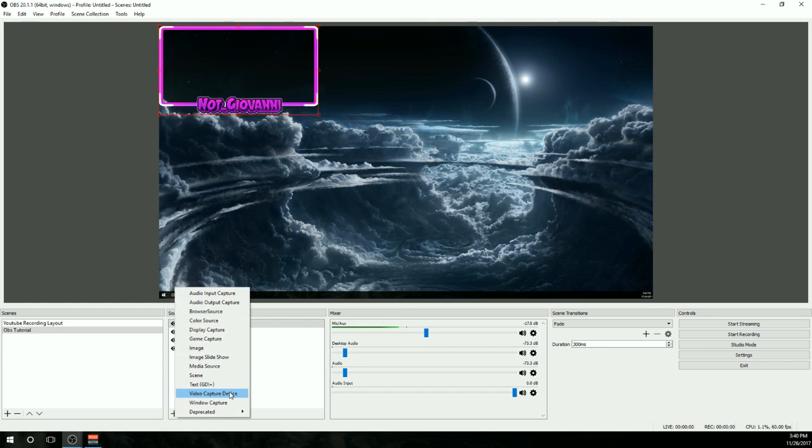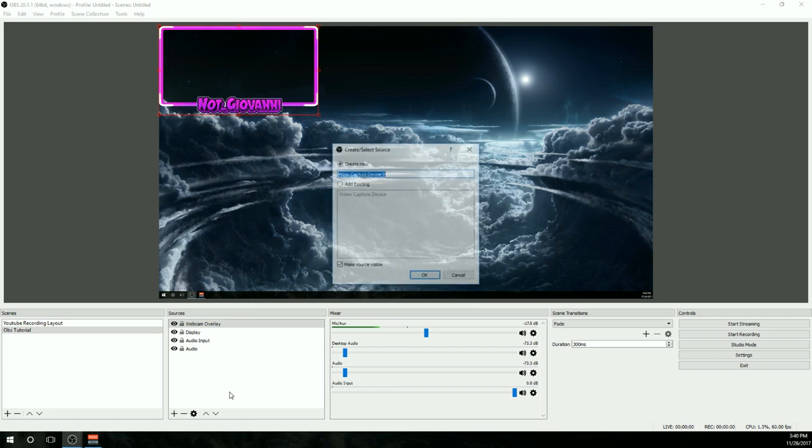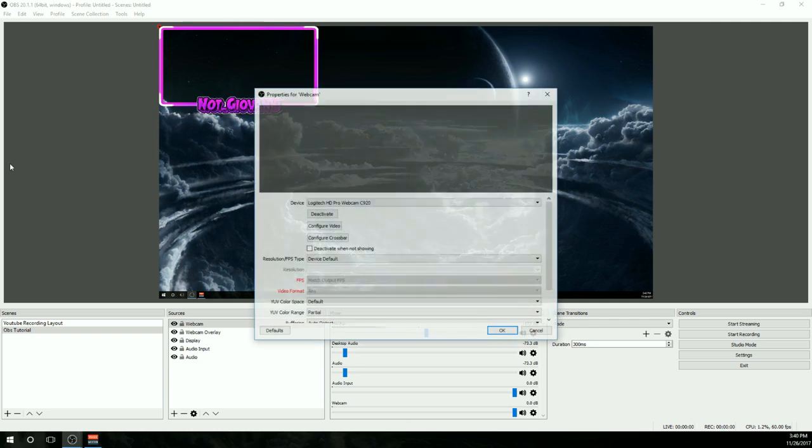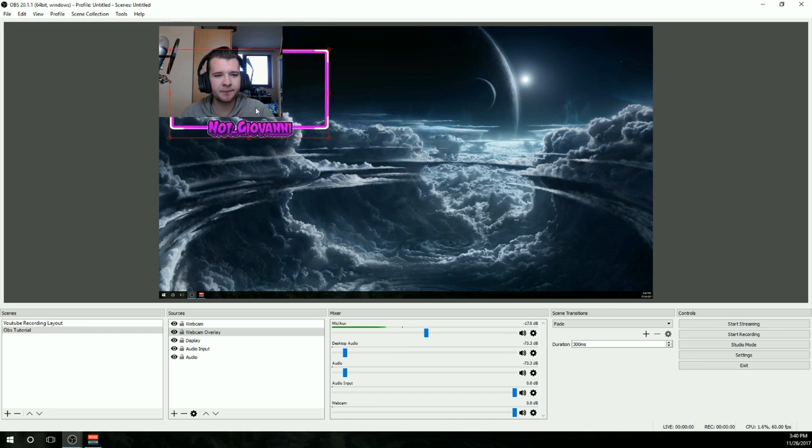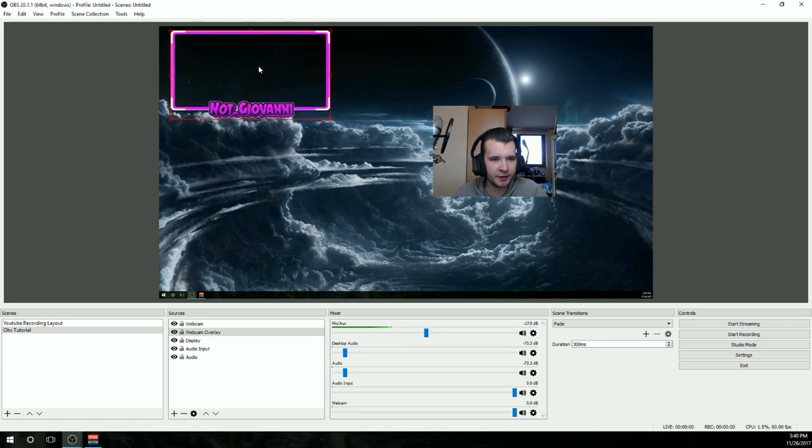Now of course you want to use a webcam as well. If you want to add your webcam, you want to add a video capture device. We will call this webcam. Whoa, there we go. So that's scary. You can press OK, and then what you guys can do is